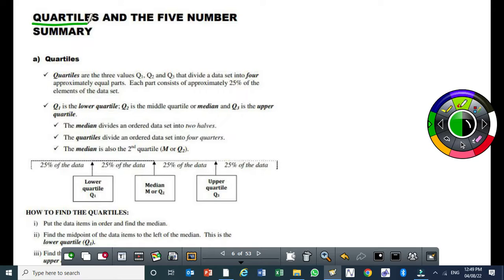So we've got what are called quartiles. Now, these quartiles, they are actually,